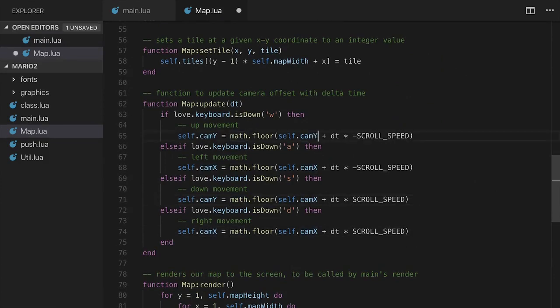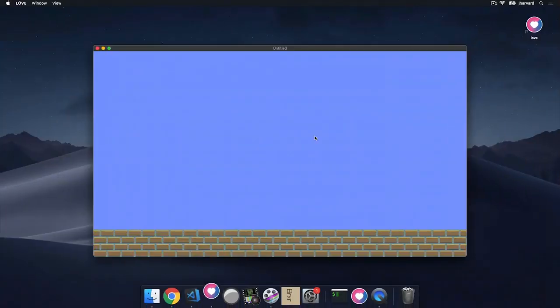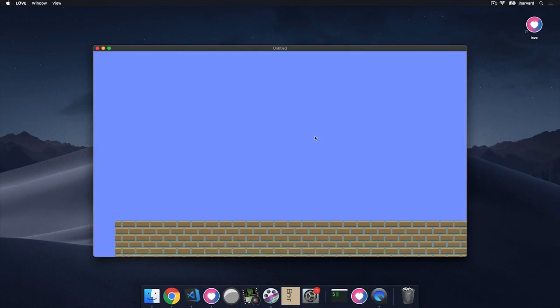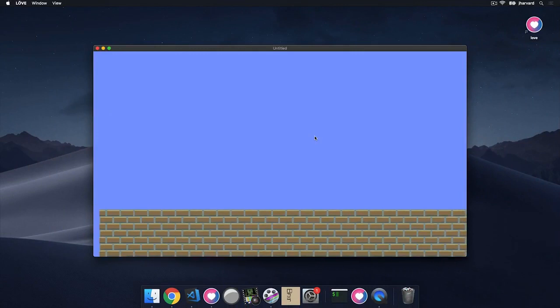I forgot to set this to y. So let's go ahead and make sure both of those are cam_y. So I'm going to rerun that. Try it again. I'm moving down, moving up, moving left, moving right, and everything does seem to be smoother. Okay, perfect. Now we haven't taken care of the aspect of actually smoothing out the movement, or clamping the movement,